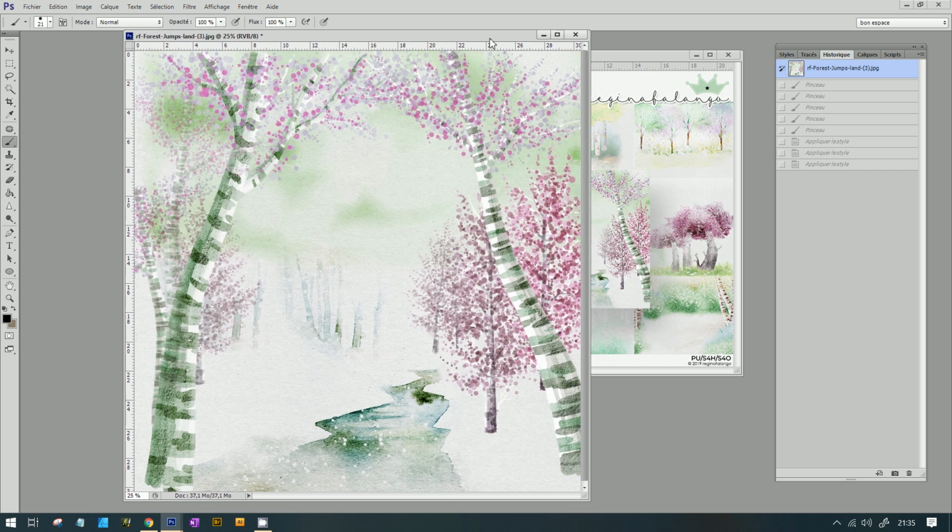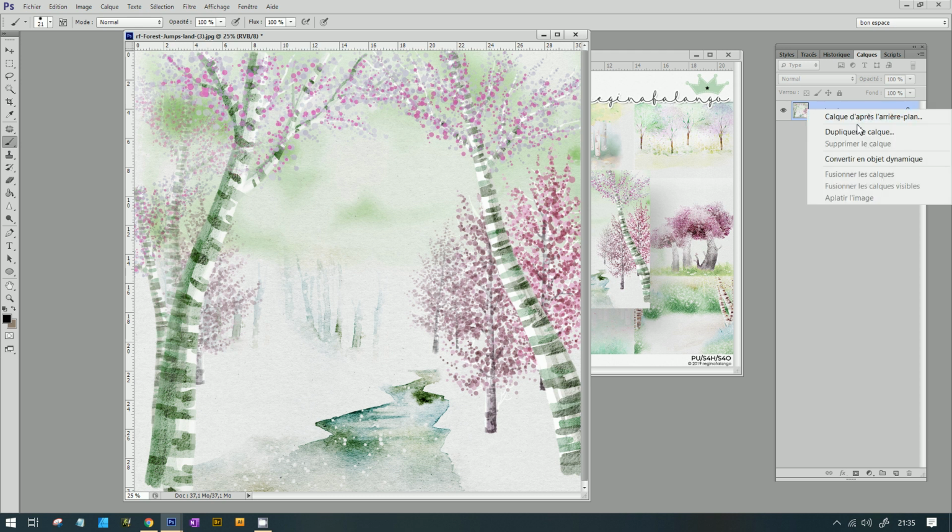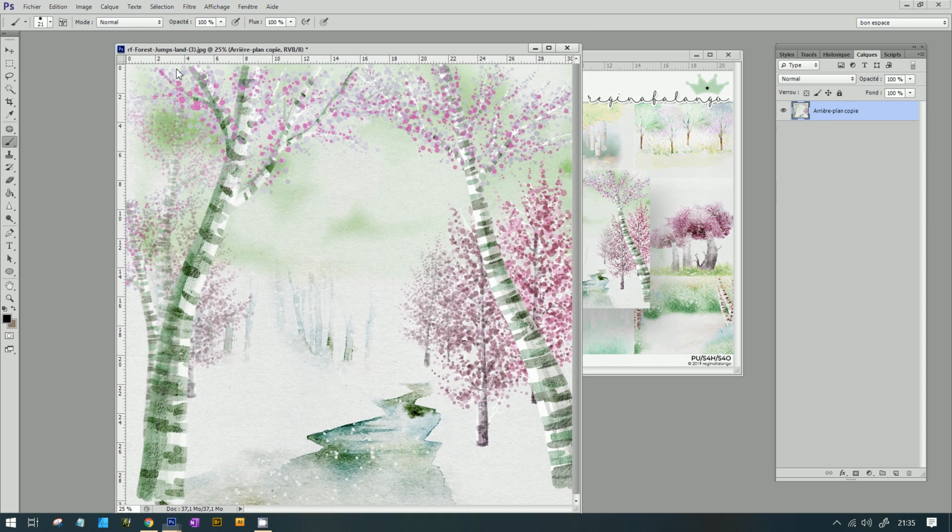And I like this way very much. You have to keep this layout, duplicate and delete to have this layout free to use in copy. We are going to work with the selection tool here, the magic wand, baguette magique in French.